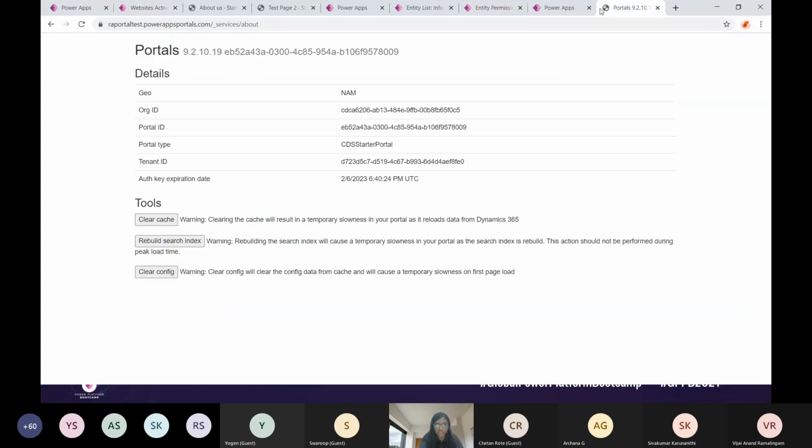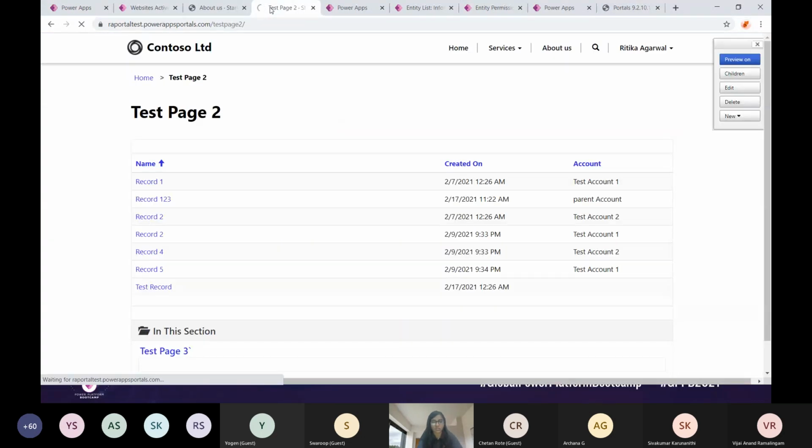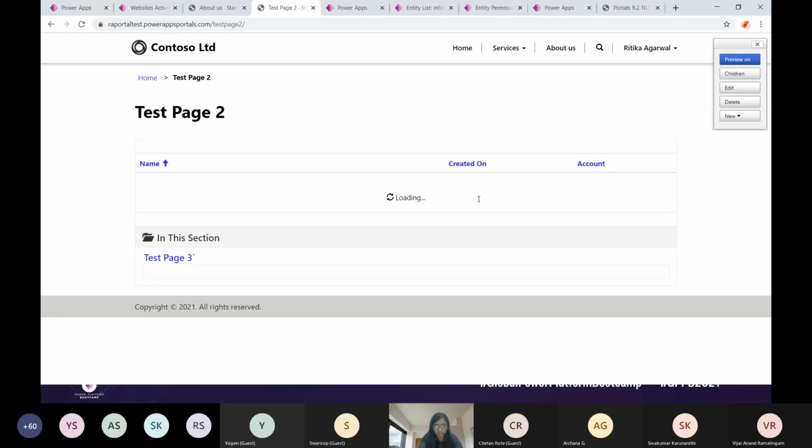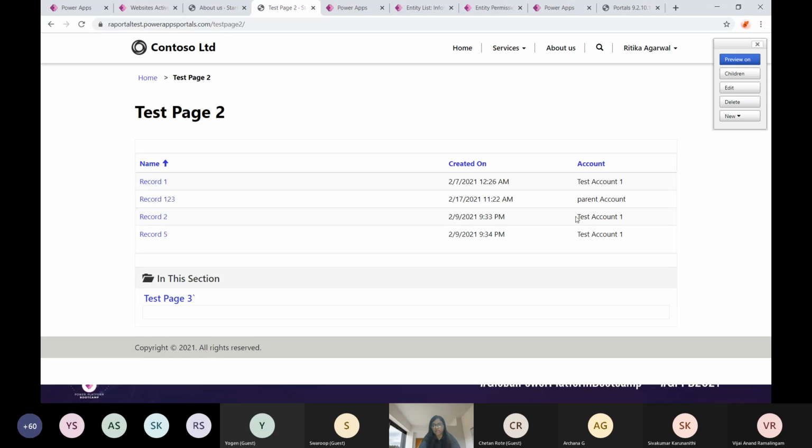So if I go and again clear the cache and I refresh this test page 2, these should restrict to the number of records I am seeing here. Yes, so the number is reduced.